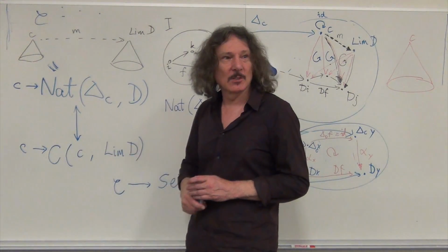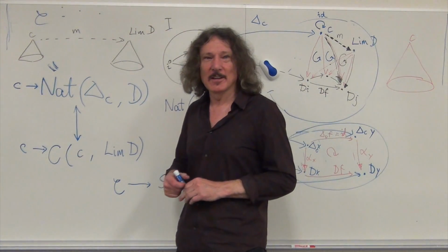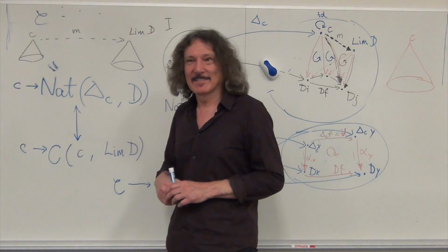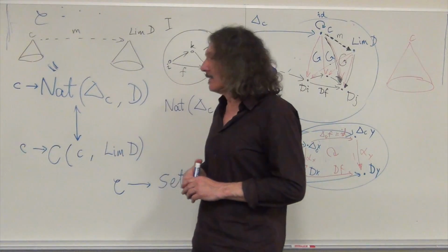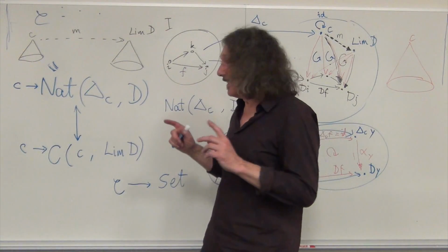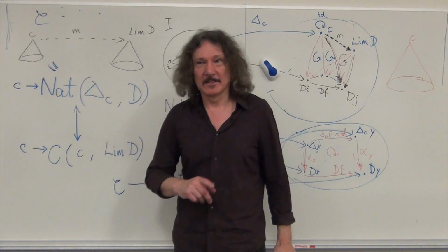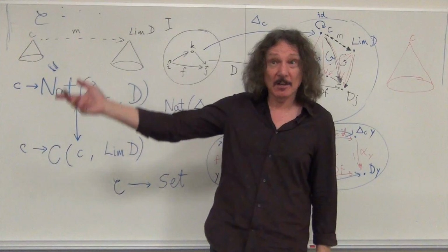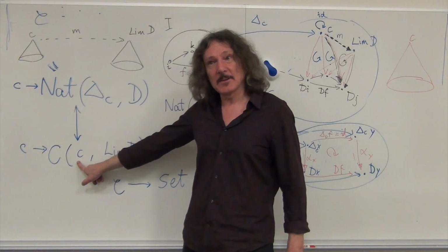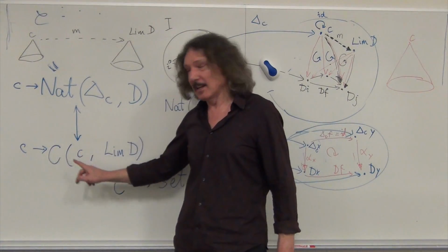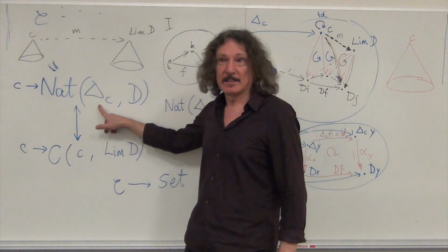And I bet they are functors. Huh? These mappings between categories, they better be functors. Now, indeed they are, okay? However, they are contravariant functors. I don't know if you remember still, there were covariant functors and contravariant functors. When you vary the first argument in the Hom set, you get a contravariant functor. And the same thing here, right?